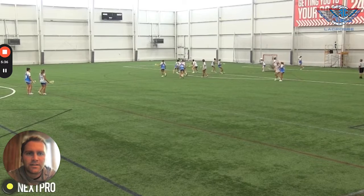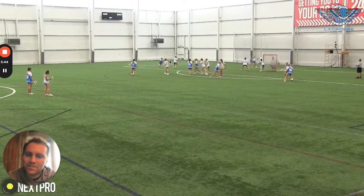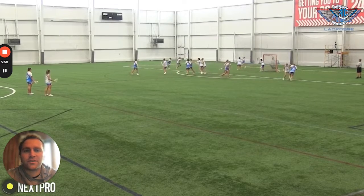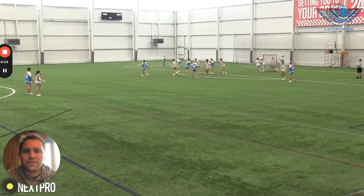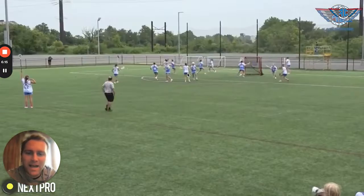This next one here is from Best in Class this summer. Again, Dodgers engaging on the elbow. She passes down, and then again, next reason why the give and go is so effective, the defense simply turns their head and their focus. Every defender is taught to keep their head on a swivel, and simply at the end of the day, that's where we can take advantage of a lot of defenders who simply get caught ball watching for just a second too long and not keeping their head on a swivel, not sinking to the level of the dodge. So again, pass down here, nice backdoor cut. If more players can get this just in their arsenal and in their habit, pass and move, pass and cut,